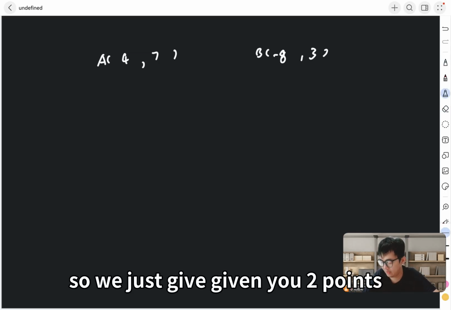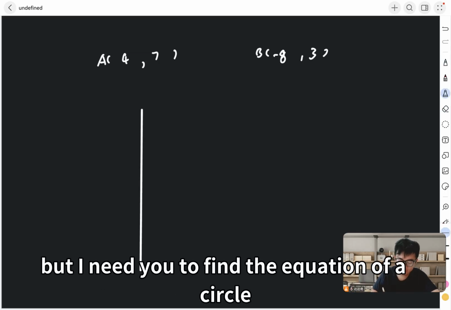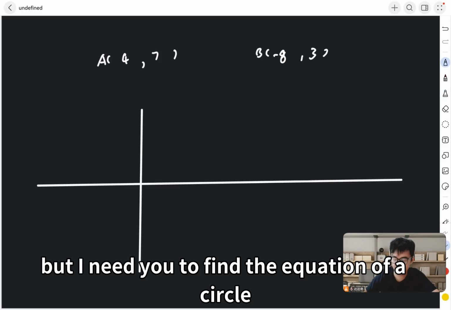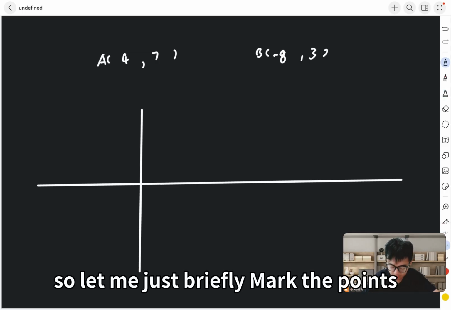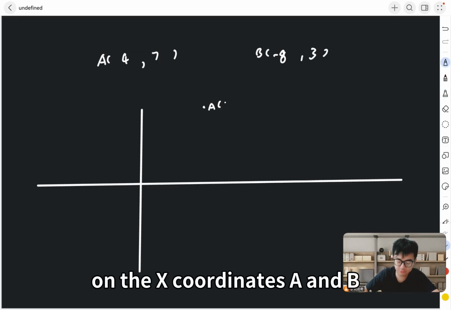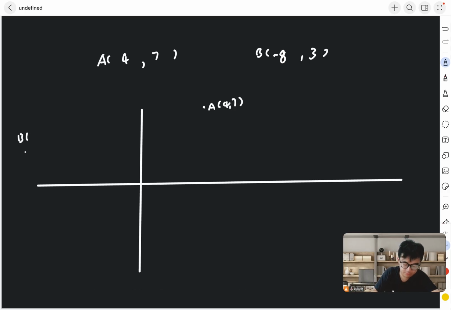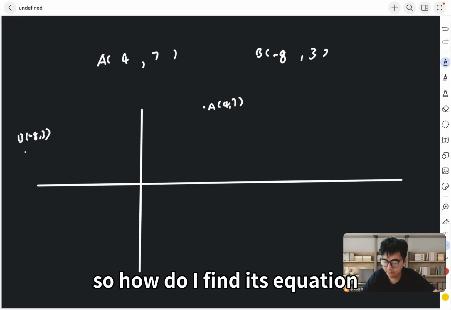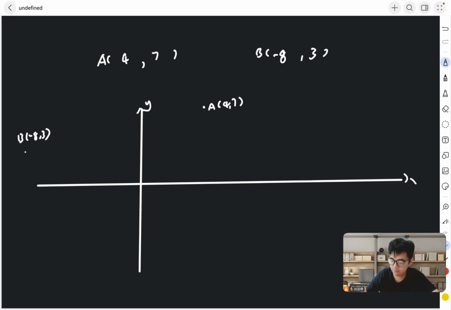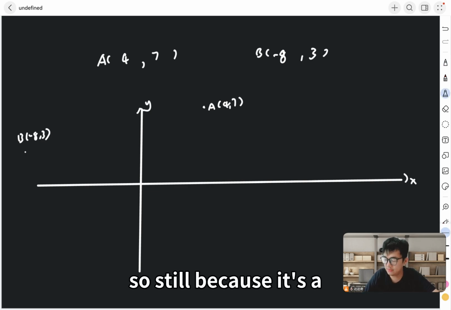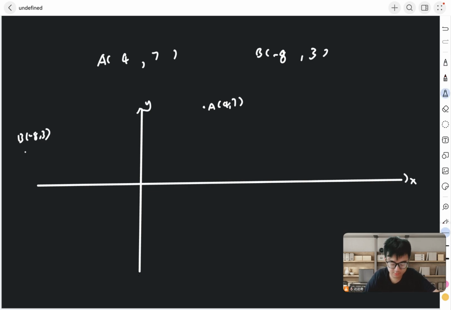We are just given two points, but I need you to find the equation of a circle. Let me briefly mark the points A and B on the coordinate plane. So how do I find its equation? Still, because it's a diameter,